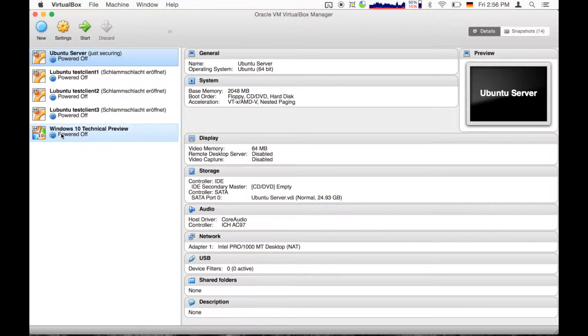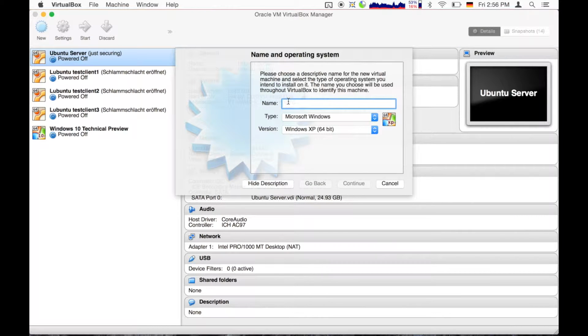You see I already have 5 systems here, but they are not running currently, and we're gonna start making a new computer. And we're gonna call it Ubuntu test machine, and this is a Linux system,